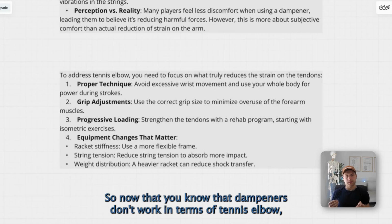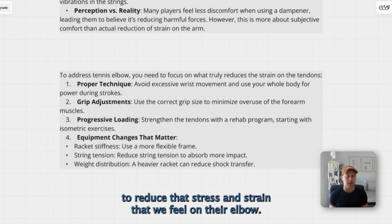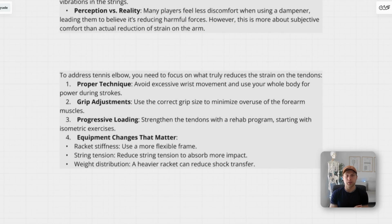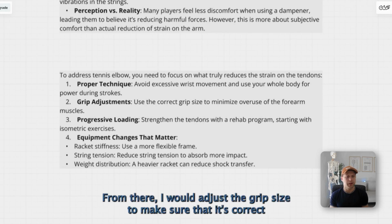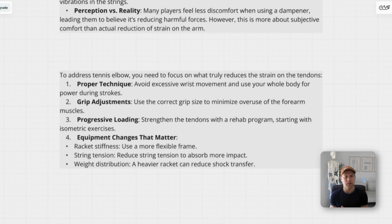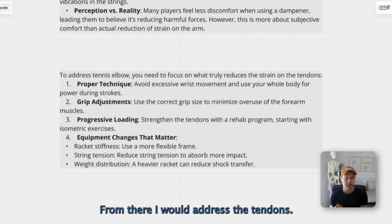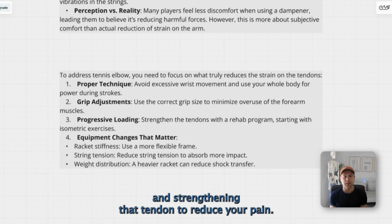So now that you know that dampeners don't work in terms of tennis elbow, what are some things that we can do to reduce that stress and strain that we feel on our elbow? So the first thing I would look at is making sure we have the proper technique. From there, I would adjust the grip size to make sure that it's correct and frequently change our overgrip so we have the right texture and grit. From there, I would address the tendons, so doing strengthening exercises to start rehabbing and strengthening that tendon